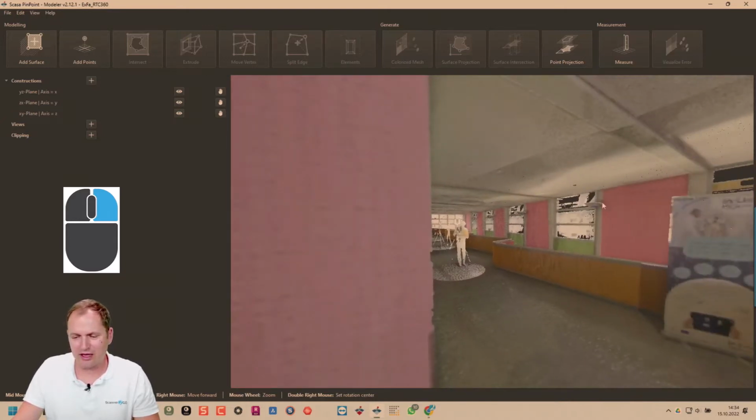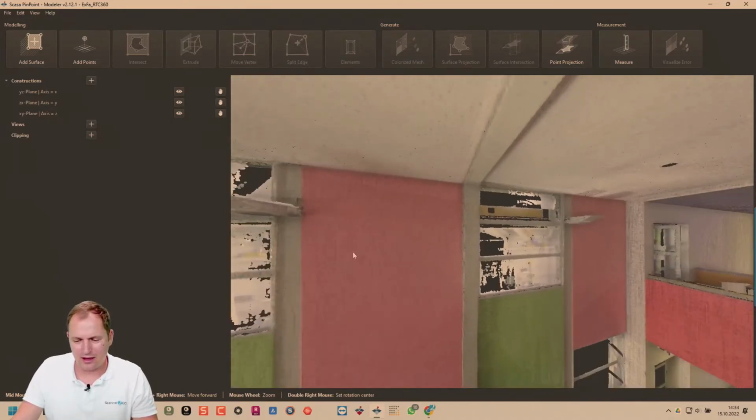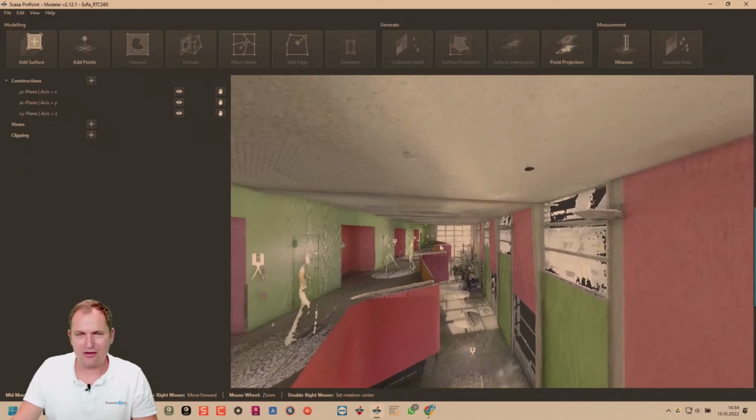So the next point is you can also navigate using just surfaces. So for example, you like to go over to this wall. Just make one single right click on this wall, and you see this little red dot. So this is our focus point or rotation point. So now we're moving in this direction. It's also very useful to navigate through a project.